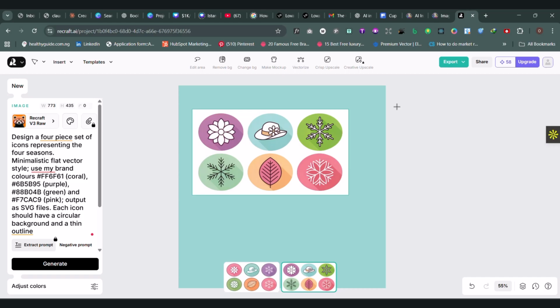That's where it will be generated. Design a 4-piece set of icons representing the 4 seasons. Minimalistic flat vector style. Use my brand colors FF6F61 coral, 6B5B58 88B04B green, and FCAC9 pink. Output as SVG files. Each icon should have a circular background and a thin outline. ReCraft will generate 4 matching icons, and you can edit them individually in the infinite canvas, adjusting colors or exporting